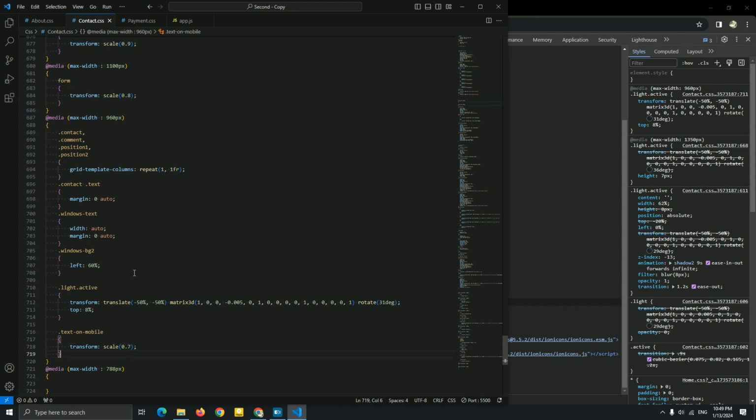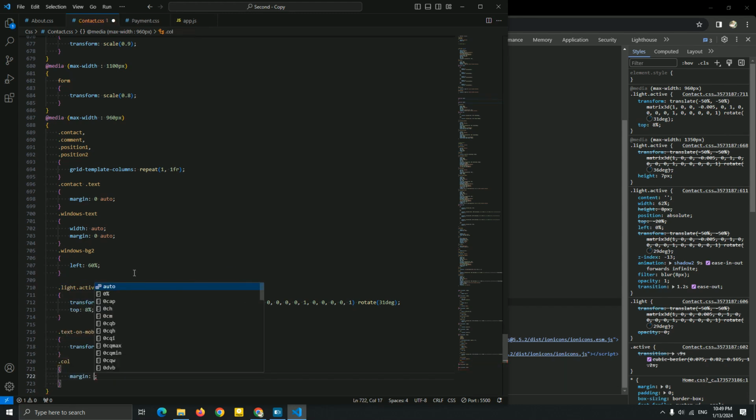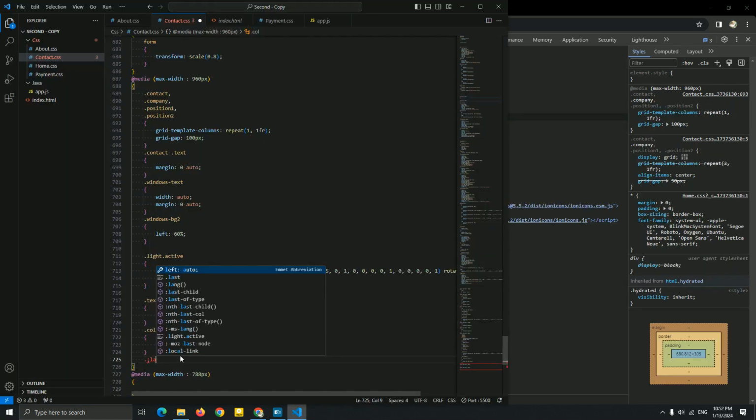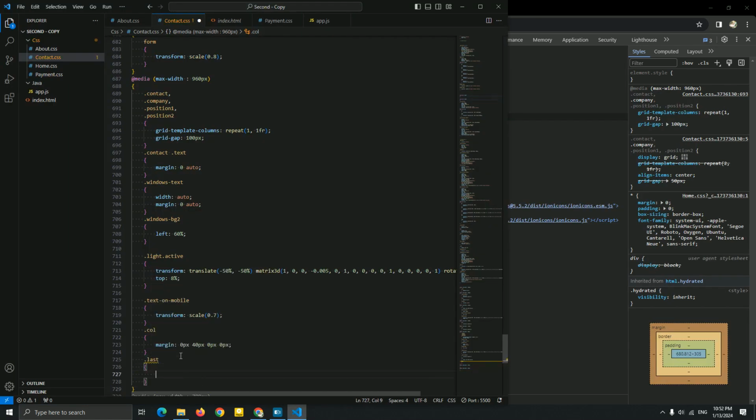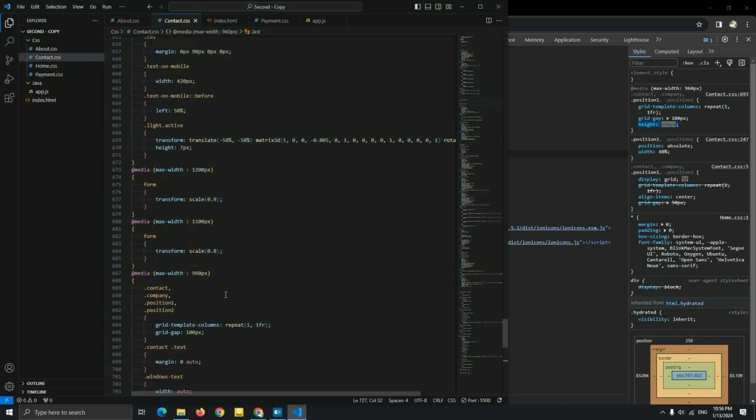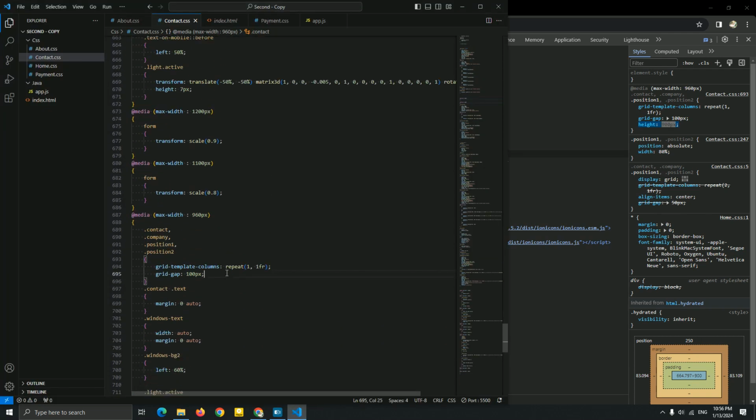Very simple. Now let me resize the cool of this A-link margin 0 pixel, 40 pixel, 0 pixel, 0 pixel. And let me add the last padding 40 pixels 6% and 0 pixels 6%. Now guys, I'm just gonna add a height for this comment to fix this problem.